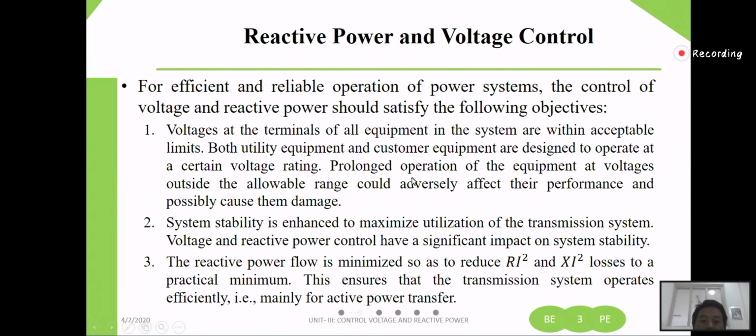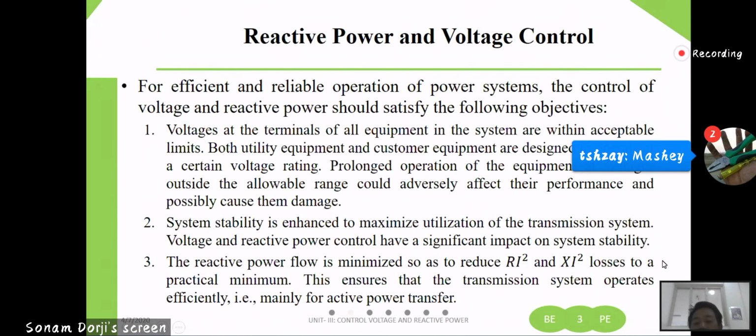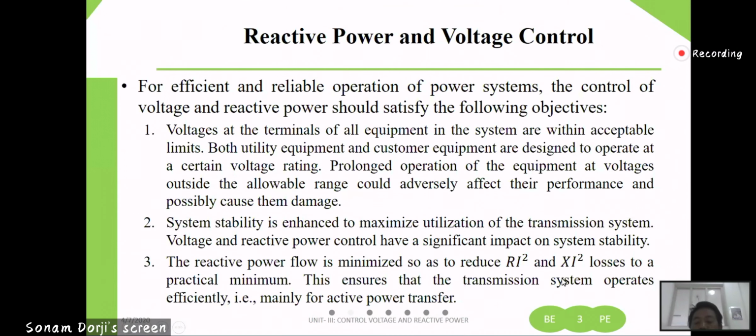Then the third objective is reactive power flow. If you minimize the reactive power flow, then I squared R or I squared X losses will be reduced to practically a minimum. If reactive power flow is minimized, then its losses will also be minimum. If losses are minimum, then we can say the transmission system operates efficiently. Which means these are the three objectives